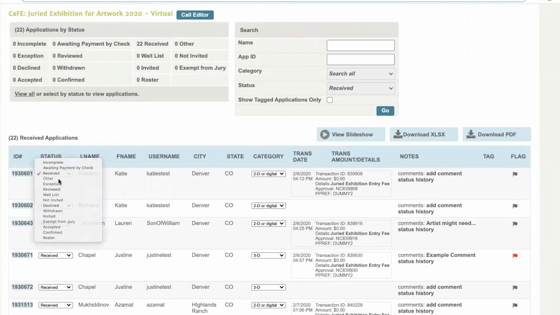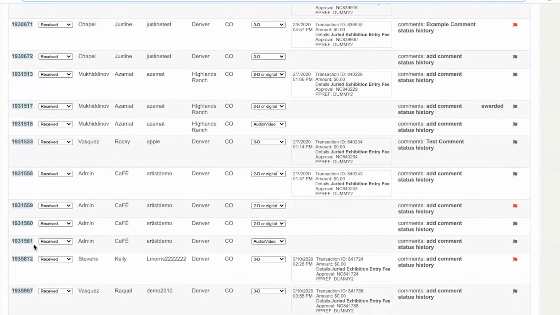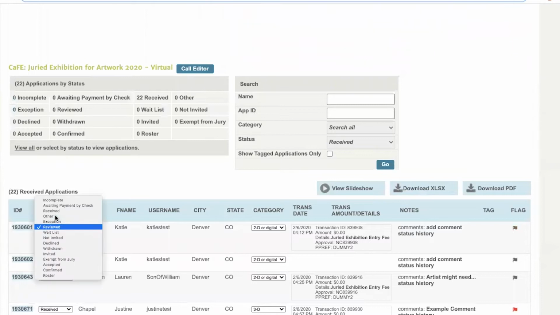So like I said, you can use any of these statuses. Let's say you need to review the application before it's juried. Let's say you need to check if it's eligible. You can then look it over, and then when you're ready, place it in the reviewed status and click Save down here. Let's say maybe there's an issue with it or you need to come back and check it. You could put it into the other status. The other status is actually a good catch-all status for any other need or any reason that you need it to be.